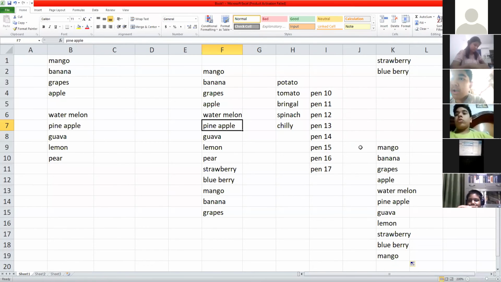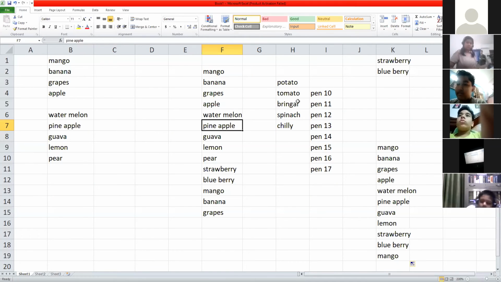Miss, I do not understand how to arrange the words. Arranging means sorting. Alphabetical order, that one only you are asking? That is not known as arranging. That is known as sorting. Sorting means you are going to arrange it, either it is number, either it is alphabet or whatever.